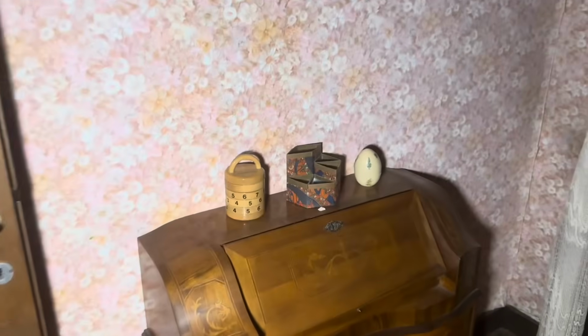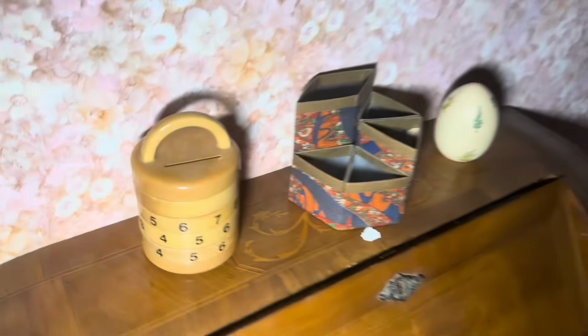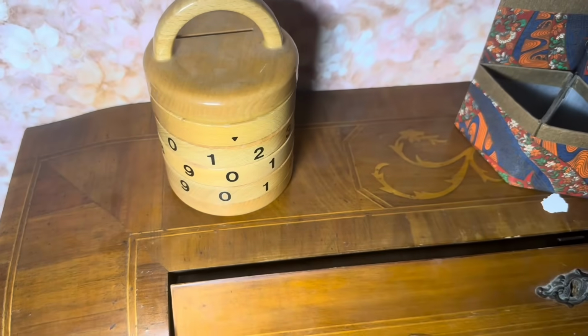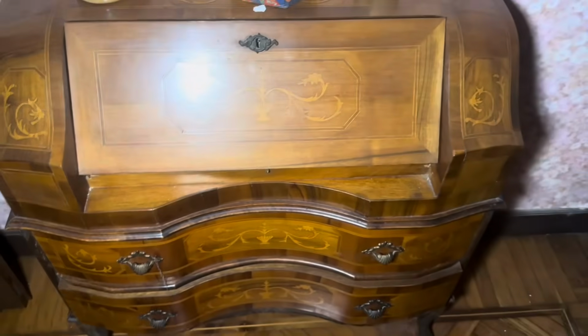Now, I have just had a look and there is clothes still in here. I wonder what happened to the family. Look, flowers again. Seems to be the theme all around this house. What is this? Is it a money box? And you've got to know the code to line it up or something. And then you can't get in it unless you know the code. That's quite cool. There you go, the leg. This piece of furniture is quite odd. Is it a bureau? Almost looks like a...